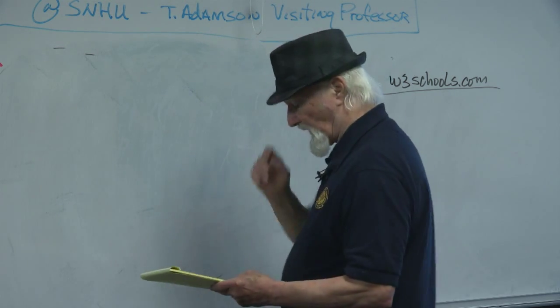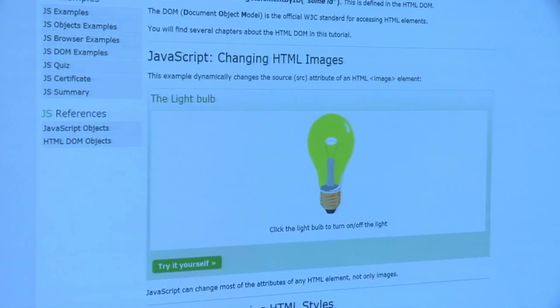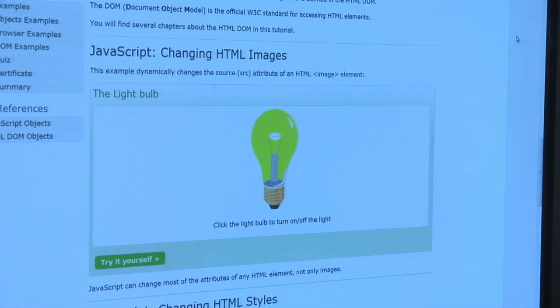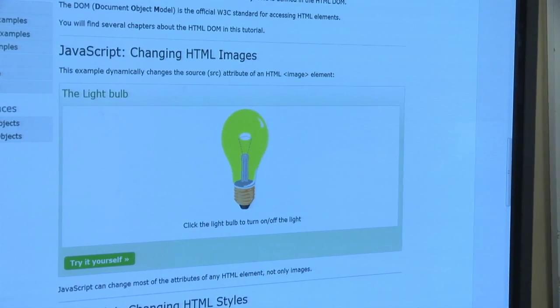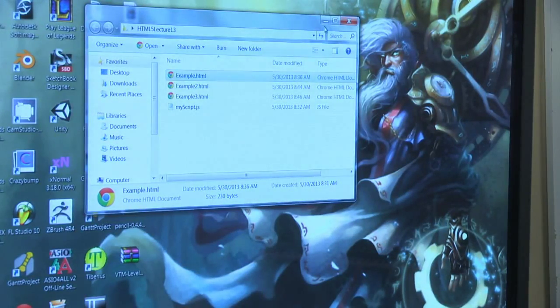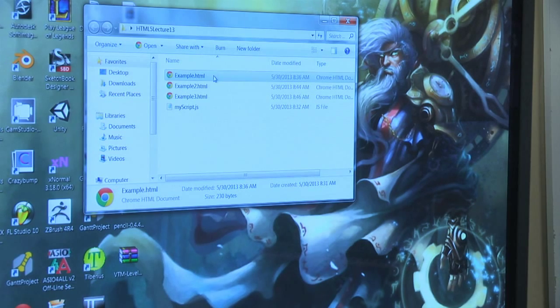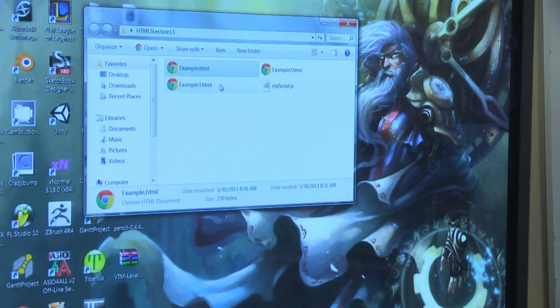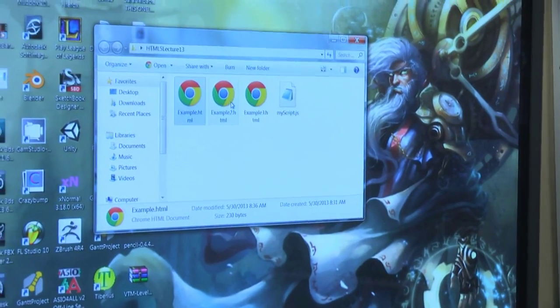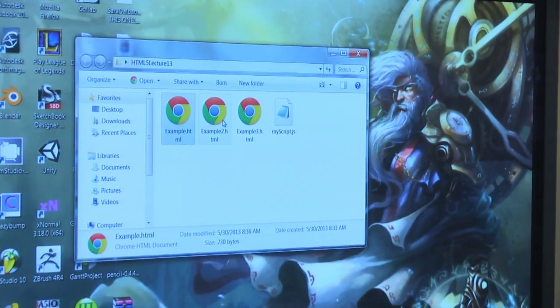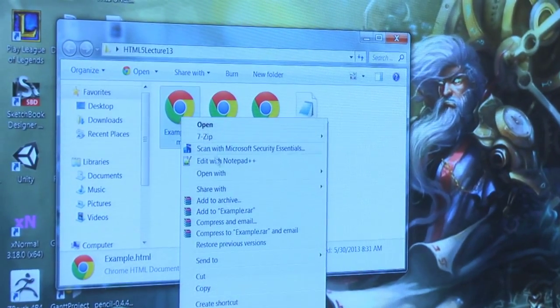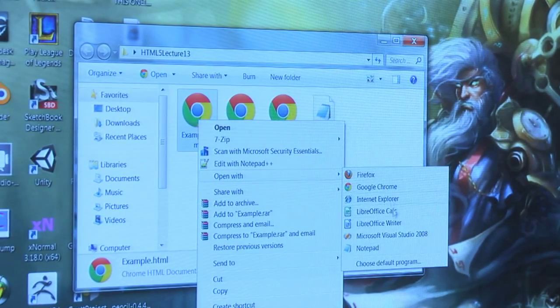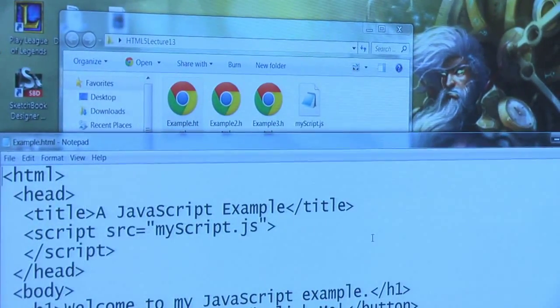What I'm going to do is I want to look at the screen here now, please. I'm just going to minimize this guy here. And what I've got here now, let me enlarge this. I have several different web documents. Let me just look at the first example. I'm going to right click on it, and I'm going to open it with my favorite editor, which is Notepad. When I open it,